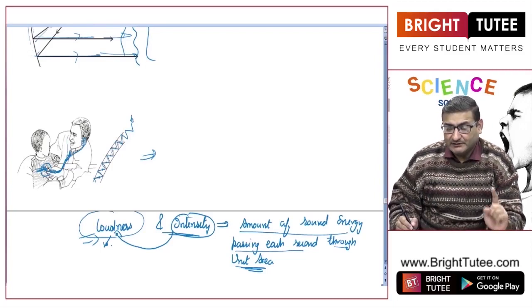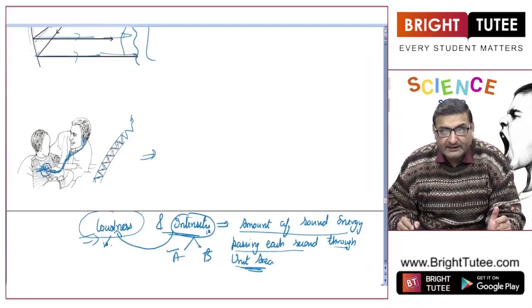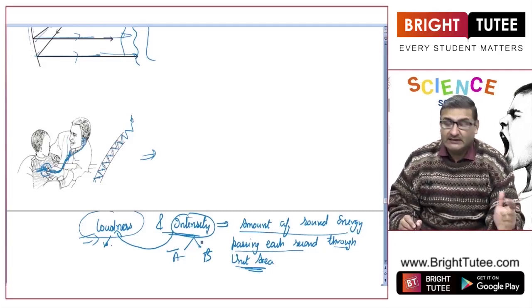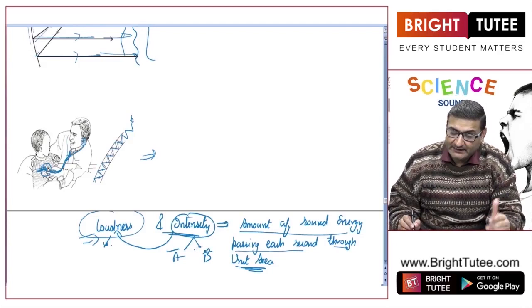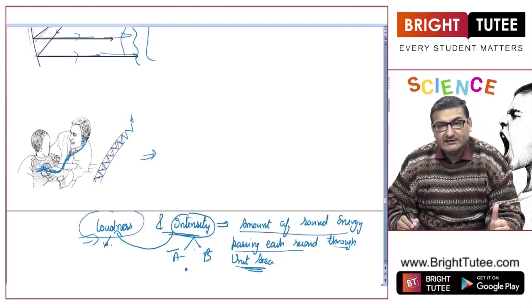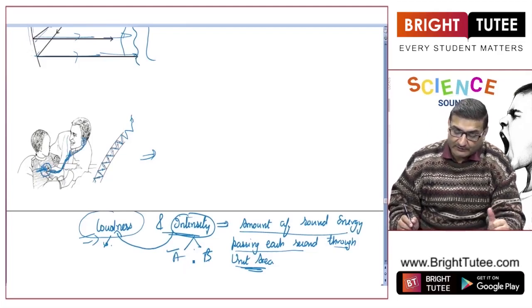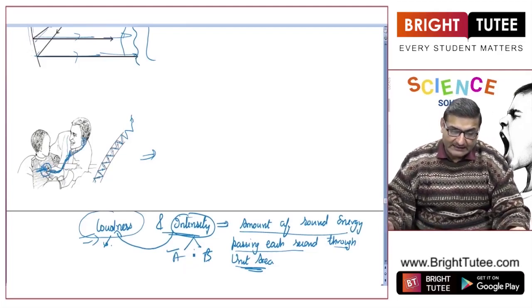So, even though there are two sounds, A and B, having the same intensity, we may hear one sound to be louder and another sound to be a bit less loud, simply because our ears are able to detect the first sound properly. And when we are talking about sound, there are a few terms that we use in our day to day life.